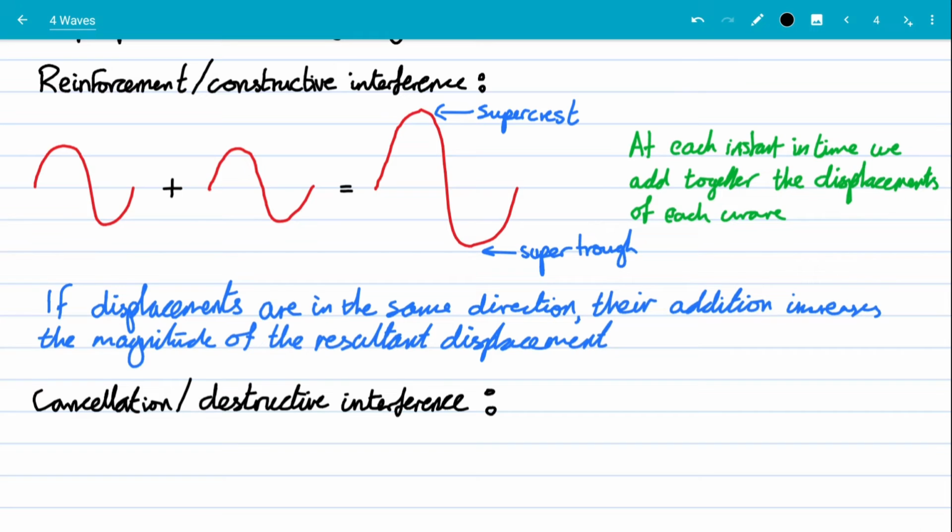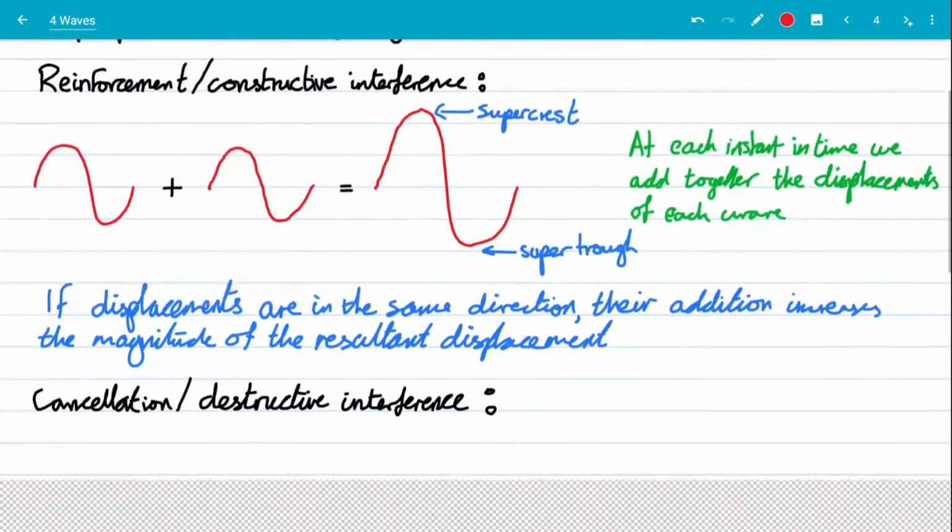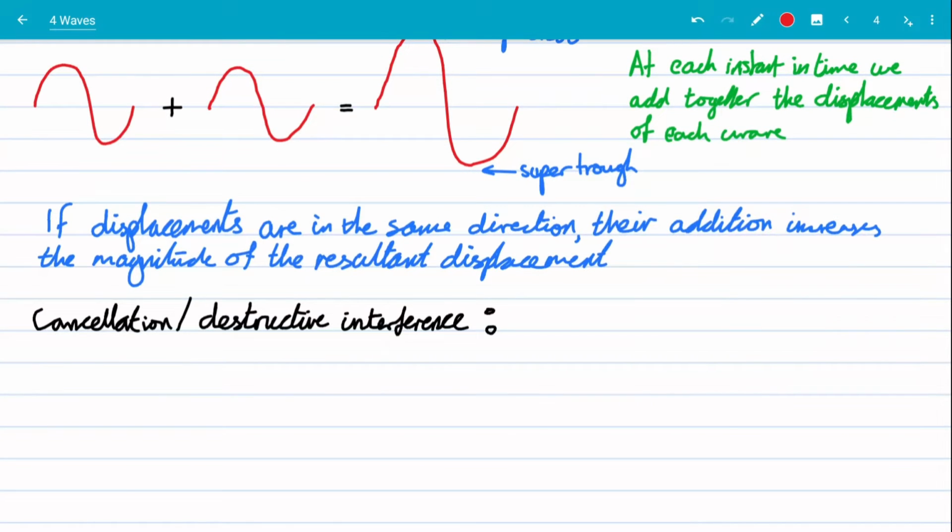Well, let's use a diagram again. This time we're going to have the first wave that we're adding. Let's put both waves so we can see them both on the screen. We're going to have the first wave that we're adding doing the same thing as we had before. So it kind of went up over there, then it went down to there, then it went back to there. And we're going to add this to one which is